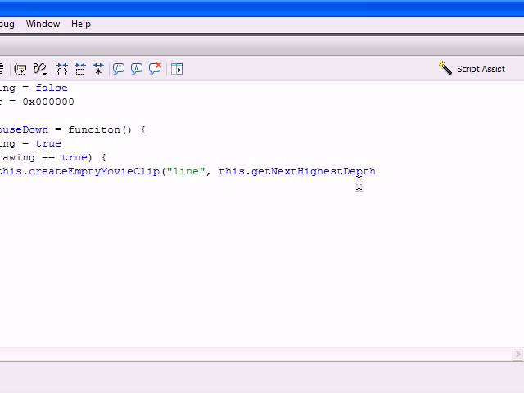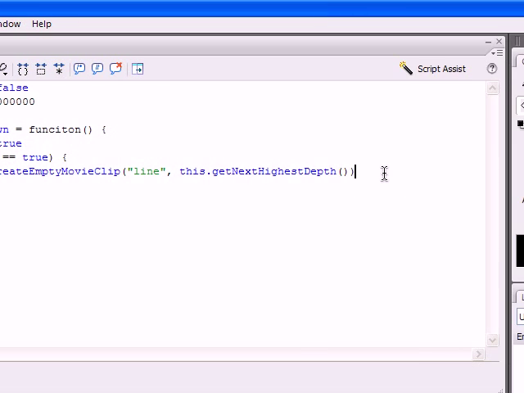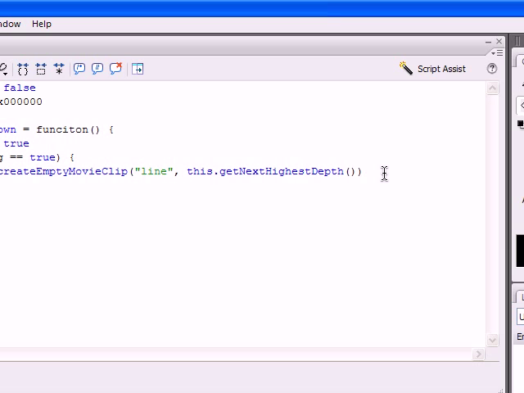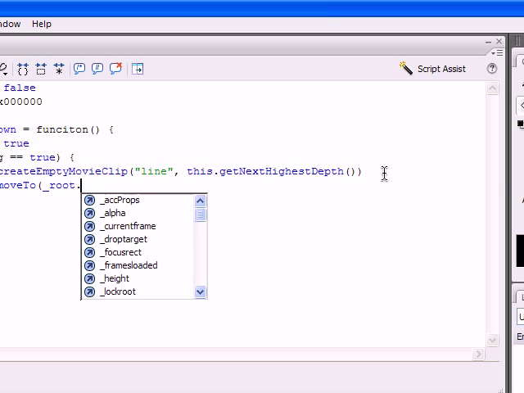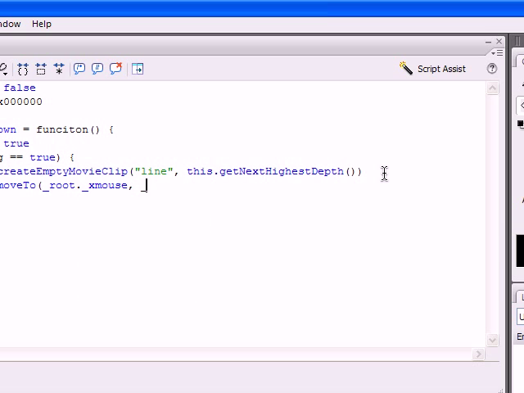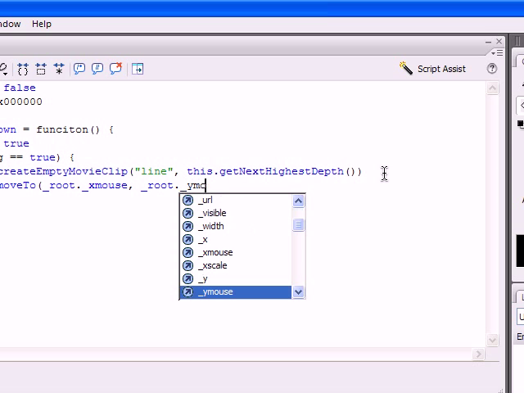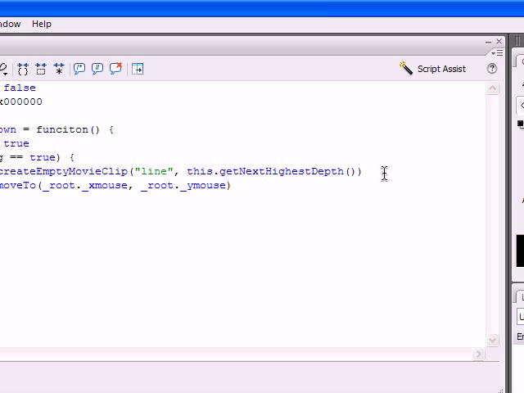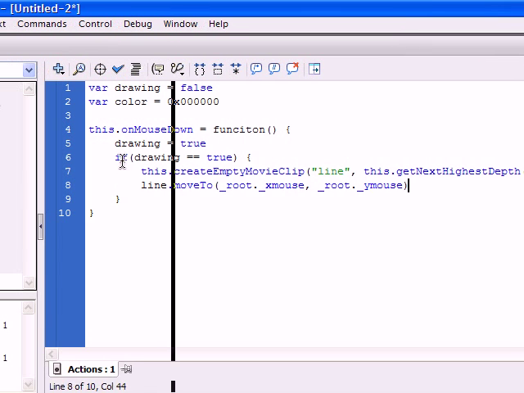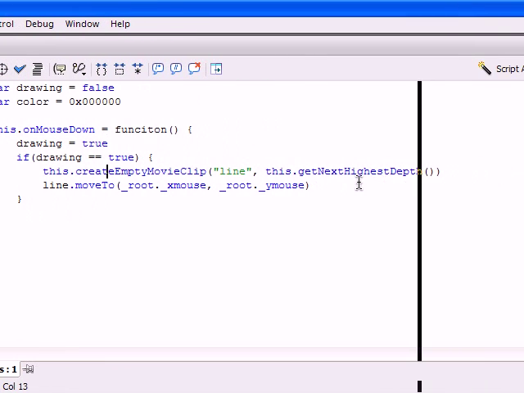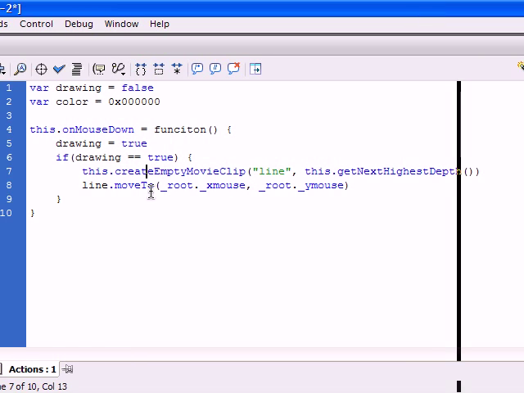And it has to be typed out just like this with the same caps and everywhere, or else it won't work. And then parentheses. And then on a new line, line.moveTo, parenthesis, _root._xmouse, comma, _root._ymouse, and then ending parentheses, and then it should all look like this afterwards. So pause it if you want to look over,